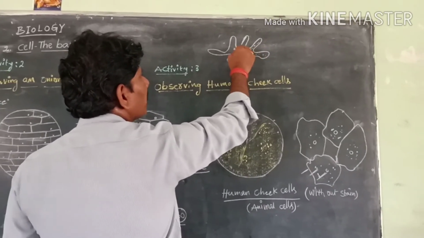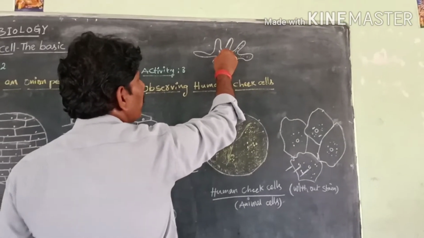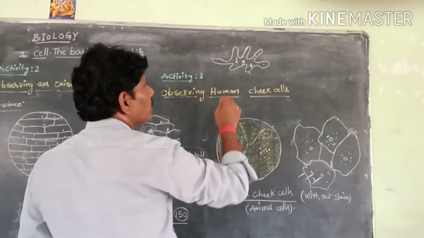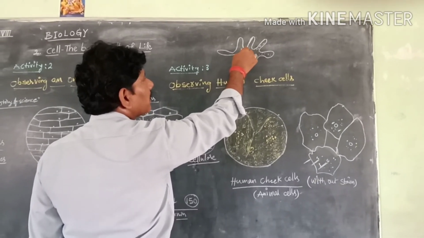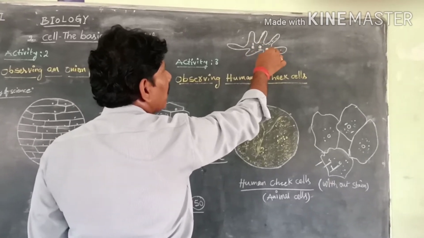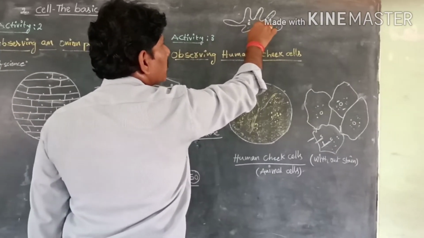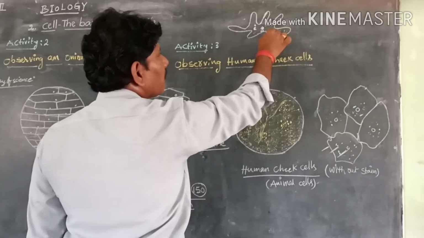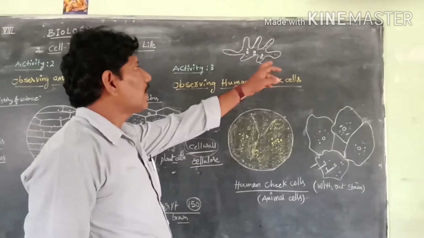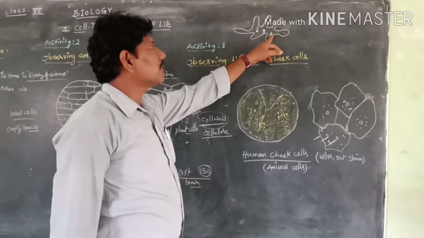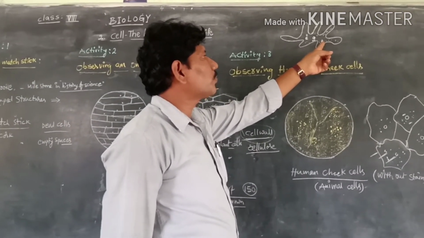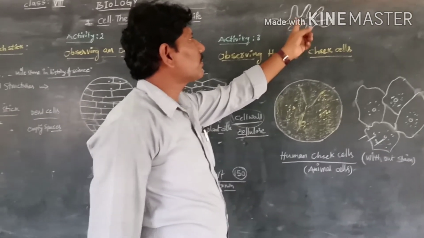Next, the nucleus. Apart from that, the contractile vacuole is there because water always enters the amoeba through the diffusion process. So the amoeba can eliminate that water by the process of the contractile vacuole, and single cell organisms can store food materials in the vacuole. Vacuole is a cell organelle which is present mainly in plant cells, but single cell organisms like amoeba have a small vacuole for food storage and digestion purpose. So this is the structure of amoeba.